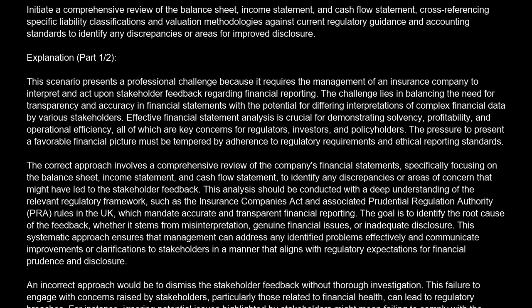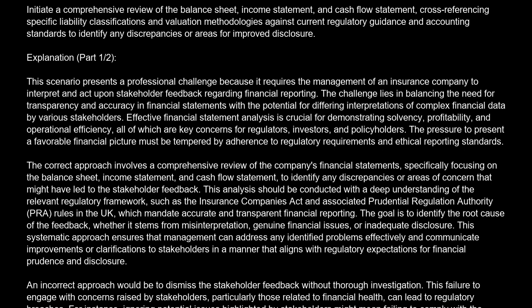Explanation. This scenario presents a professional challenge because it requires the management of an insurance company to interpret and act upon stakeholder feedback regarding financial reporting. The challenge lies in balancing the need for transparency and accuracy in financial statements with the potential for differing interpretations of complex financial data by various stakeholders. Effective financial statement analysis is crucial for demonstrating solvency, profitability, and operational efficiency, all of which are key concerns for regulators, investors, and policyholders. The pressure to present a favorable financial picture must be tempered by adherence to regulatory requirements